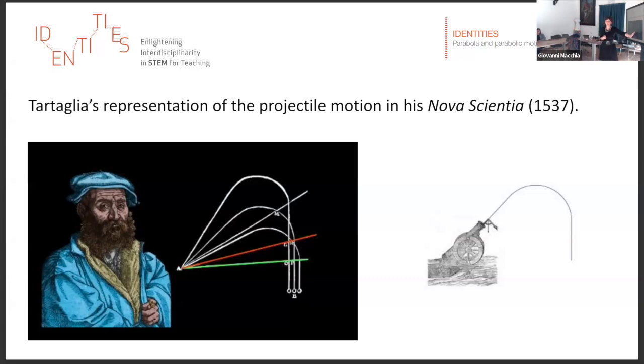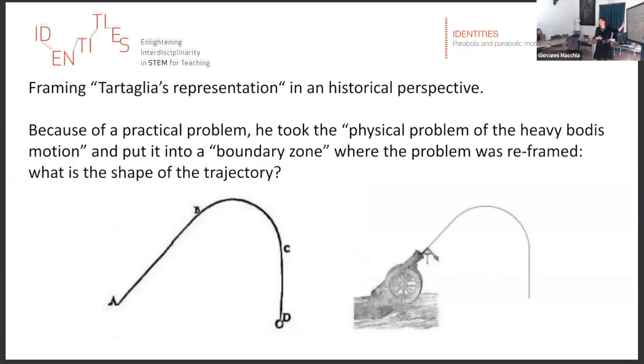And he took this problem, and instead he put it in a boundary zone that was practical. And in this practical zone, he changed the question. The question was not what is the origin of the motion, the causes of the motion, but what is the shape of the trajectory. The shape of the trajectory was not an allowed question in the debate on the motion of the falling body. So he changed the question, and he started to ask a question that became a boundary question, an interdisciplinary question,